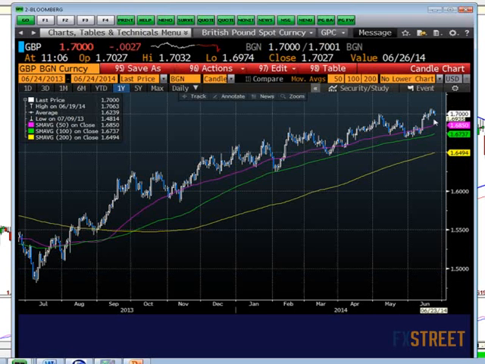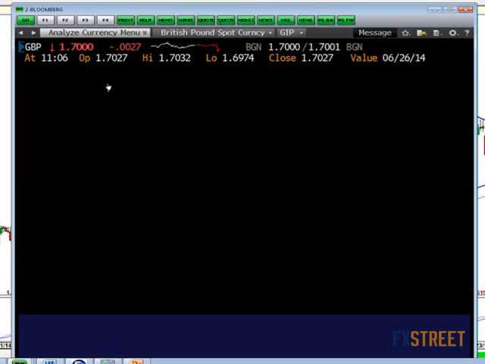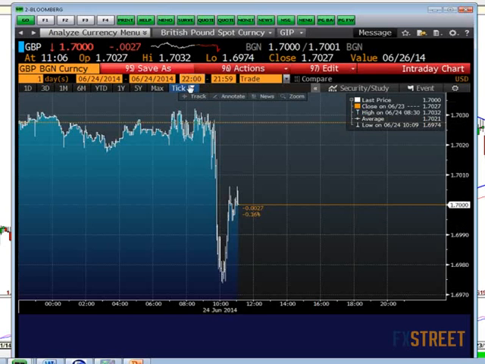As you can see, we're just back above 170 actually. We had fallen, I'll put it onto a daily chart, we had fallen very, very sharply. That was purely at 10 o'clock at the back of those Carney comments, and a couple of other people from the Bank of England. Every quarter they testified to Parliament, and anyway, they didn't really drift from their message, but we're in a market